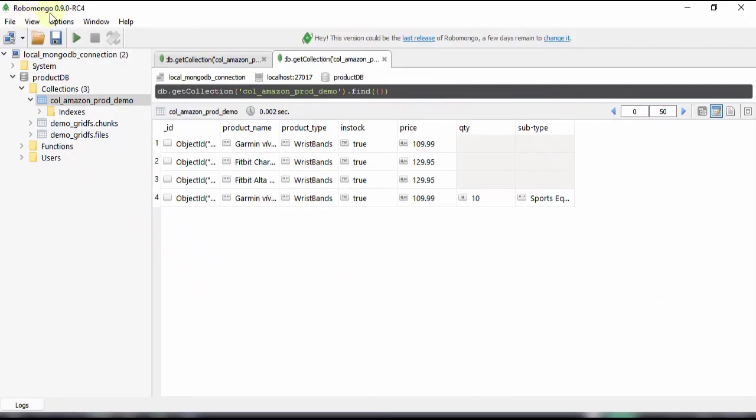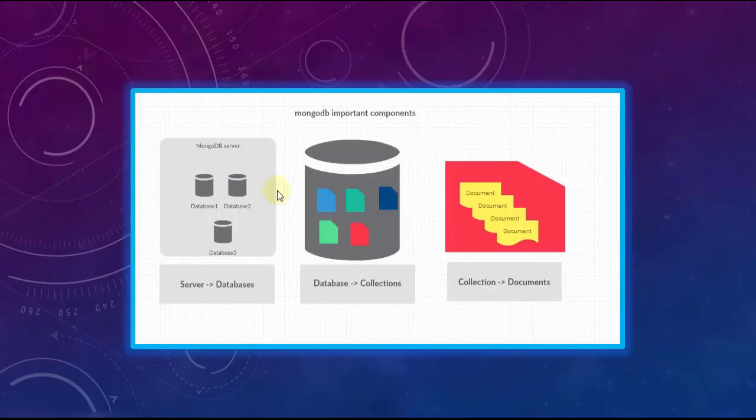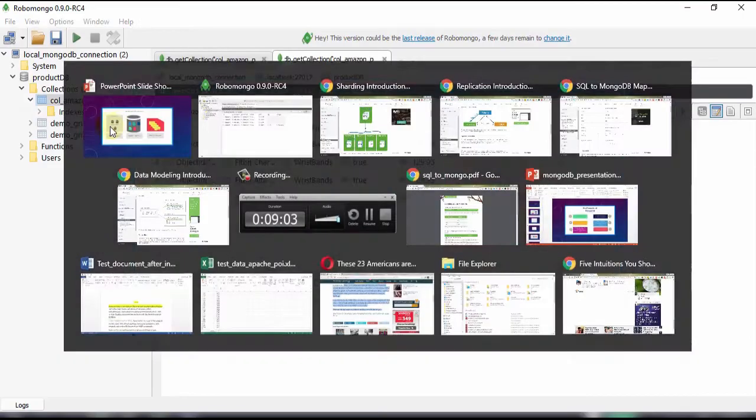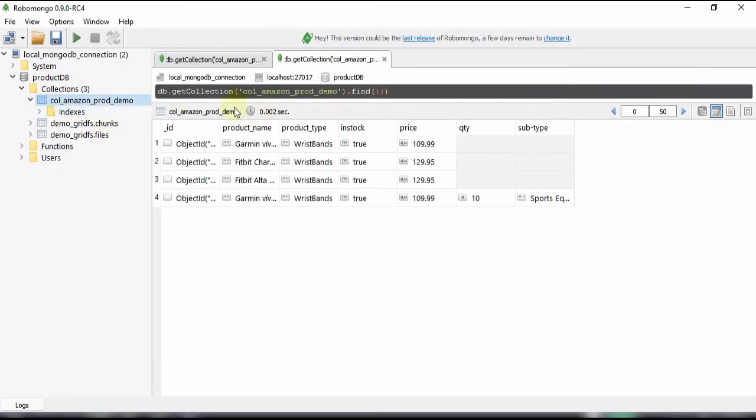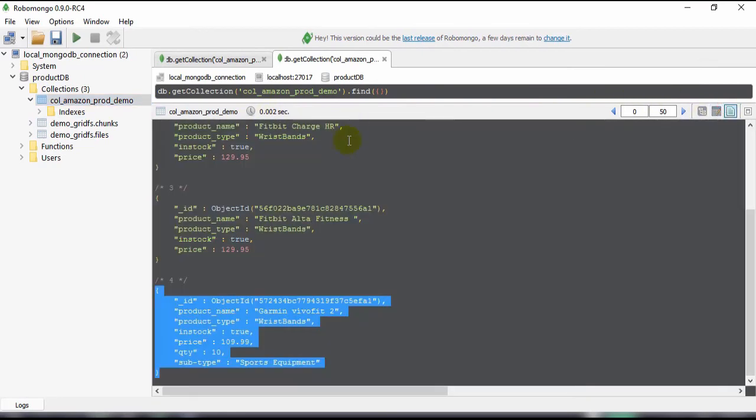I used a client called RoboMongo to demonstrate it. So on my local machine, I have a MongoDB server with a MongoDB database, and under the database we have collections similar to that shown in the diagram. Under collections we have documents. Here we are seeing the table view of that. The real view is a JSON view.